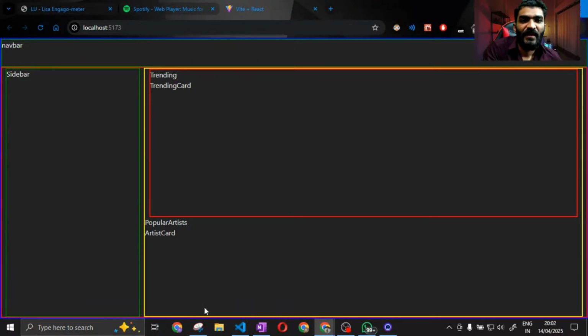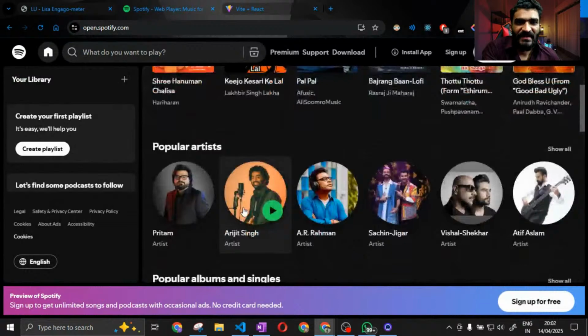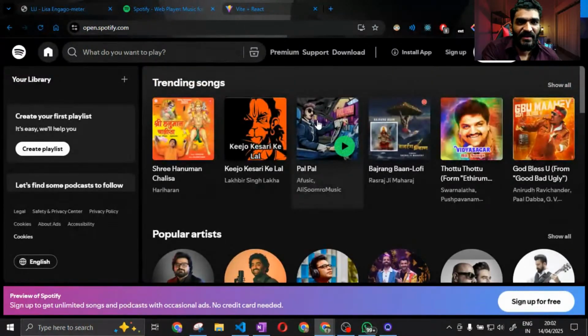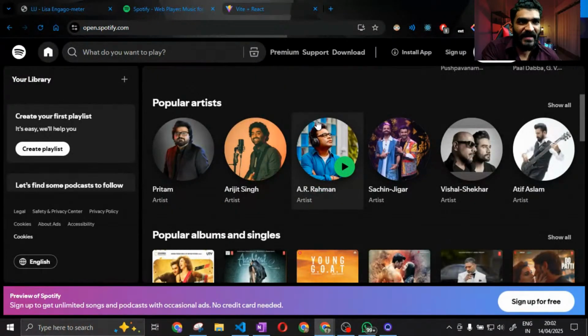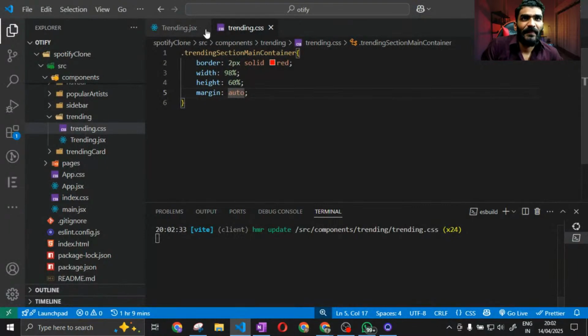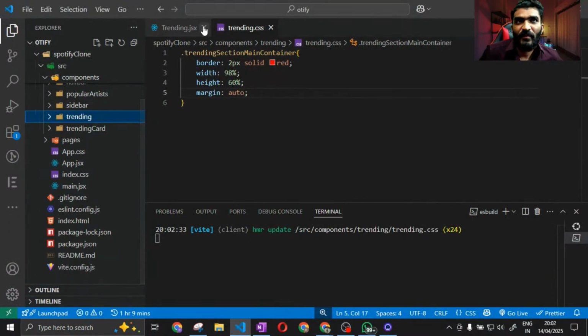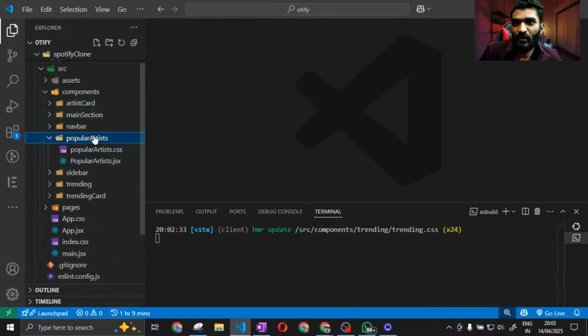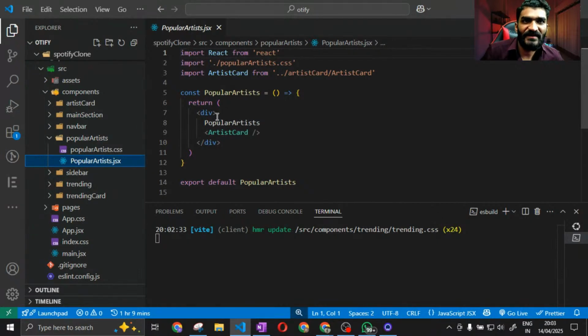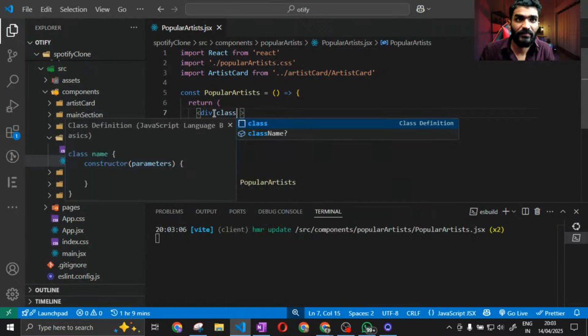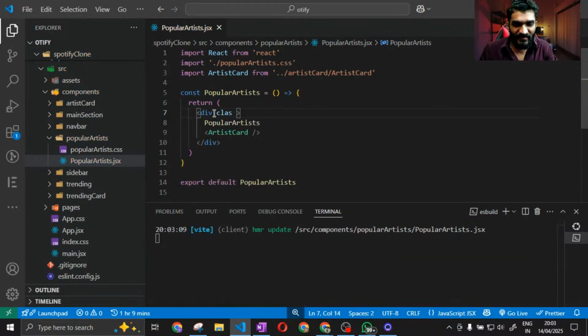Cool है. ठीक है. Now comes my this popular artist का section. तो भैया let's make this popular artist वाला section also. ठीक है जी. So अब हम आते हैं इस trending section को बंद करो. Close this. Go to popular artist. popularartist.jsx. अरे यार, class name popular